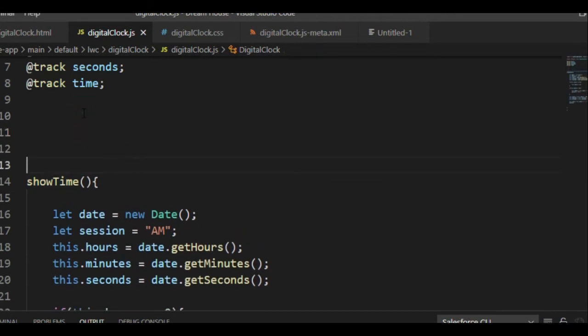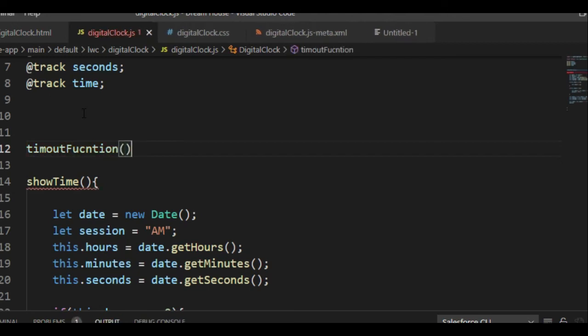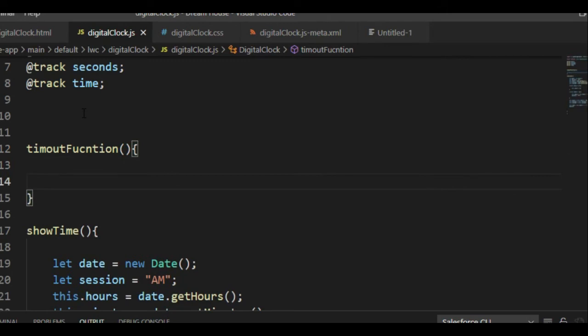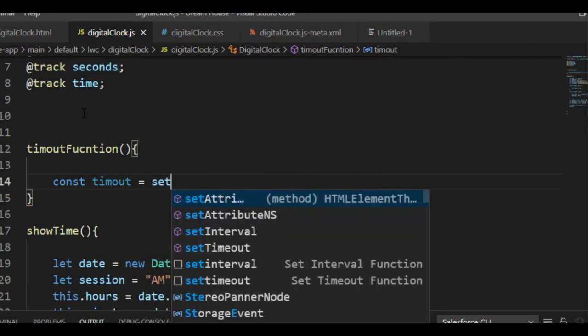So I'll name it timeout function. And in this function we will define const timeout, and then we will use one